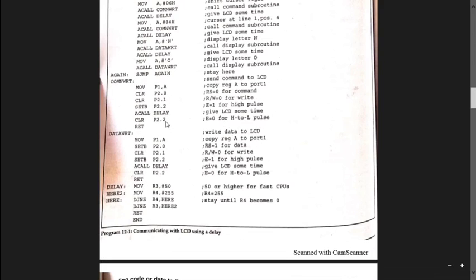Then I am calling ACALL data write. I am calling ACALL data write, and it comes here. Again it writes the data in port 1. So port 1 is for writing the command as well as writing the data. I'm writing data to LCD.